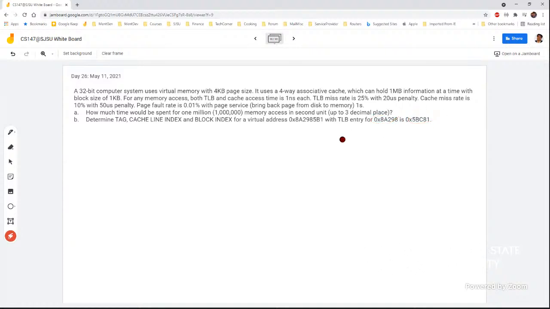Okay, that means you are already kind of given part of the translation in this process. So the TLB entry of this is this. You build up a physical address, then break it up into tag, cache index, and block index. So let's do this problem in a group,